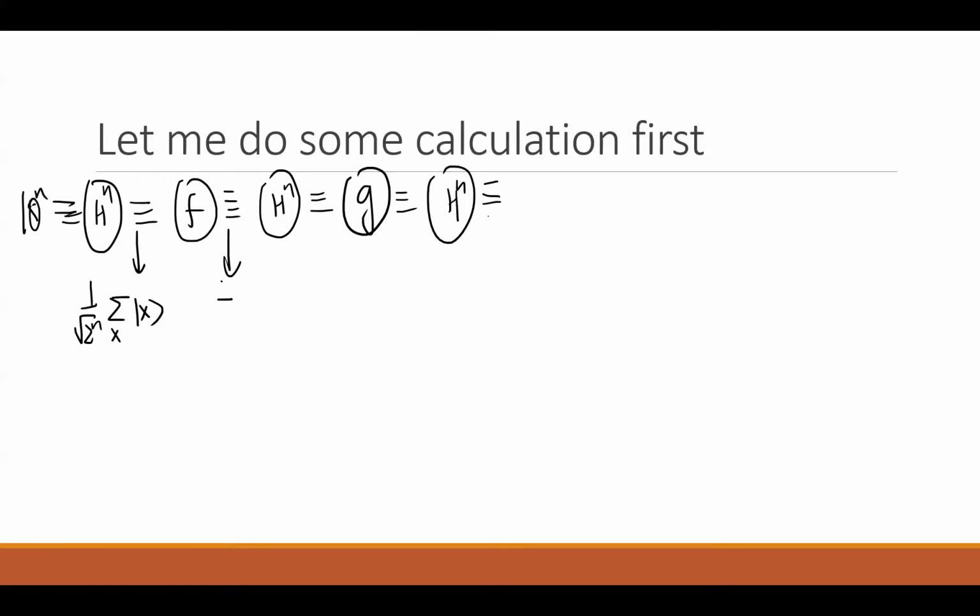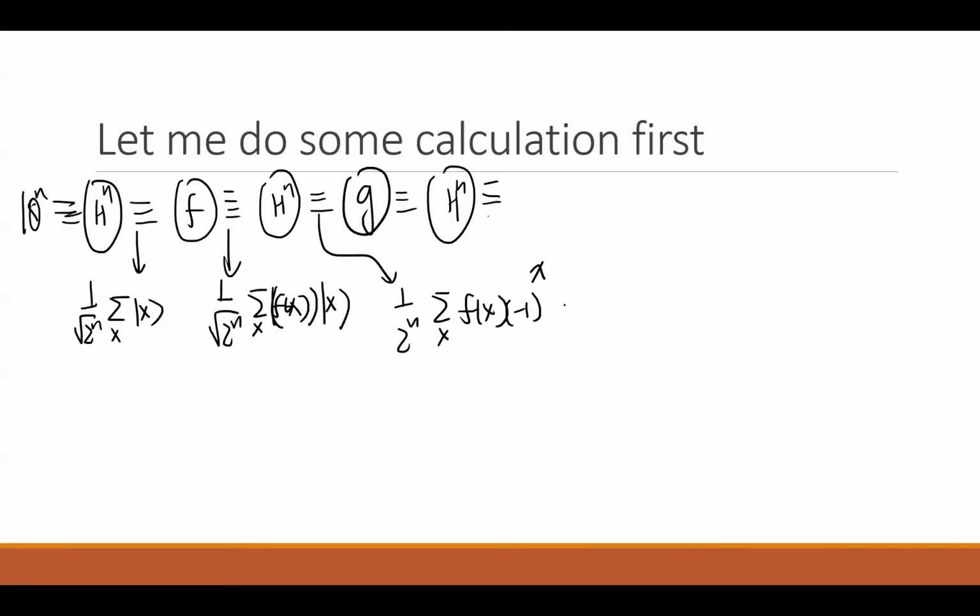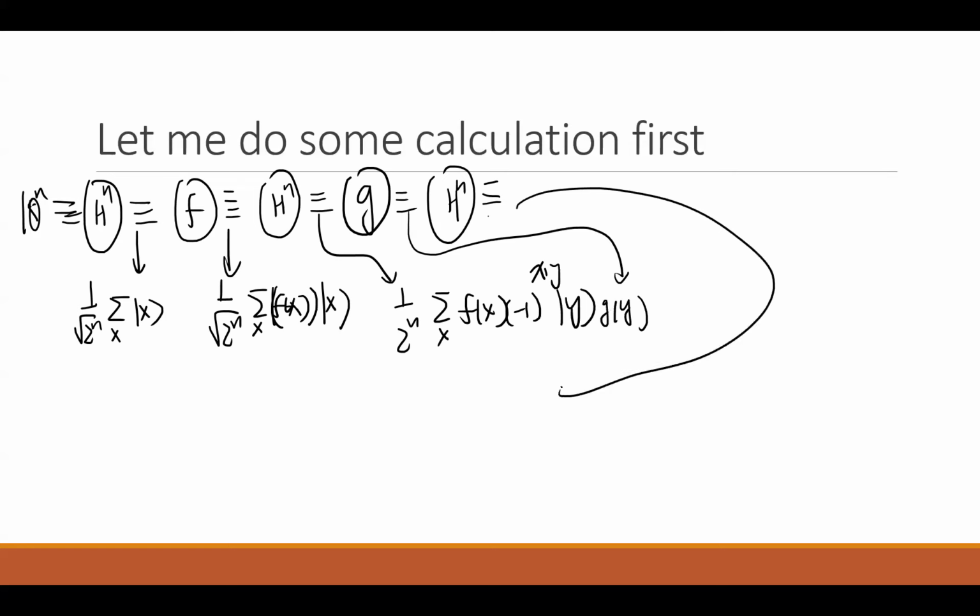And this one is 1 over square root of 2^n, sum over x of f(x) |x⟩. And this one is 1 over 2^n, sum over x of f(x) (-1)^(x·y) |y⟩. And this one is with additional g(y). And finally, we apply another Hadamard again, right, on y. So we got 1 over 2^(3n/2), summation of